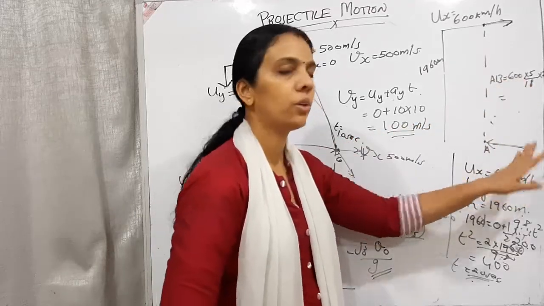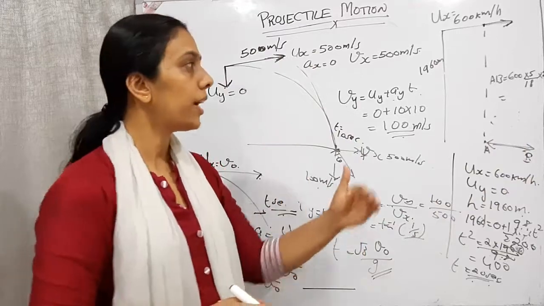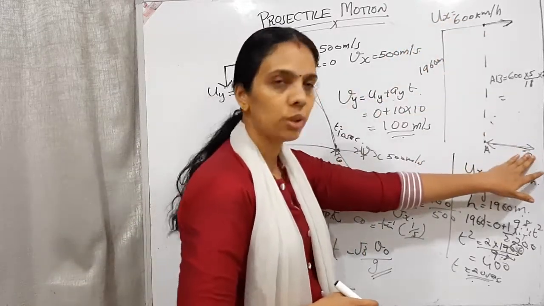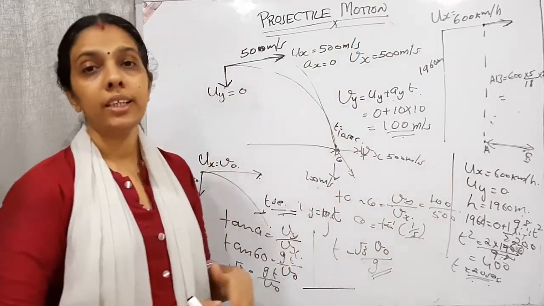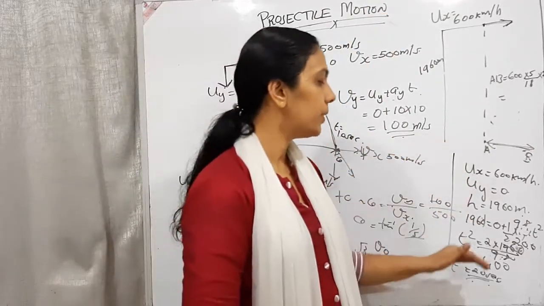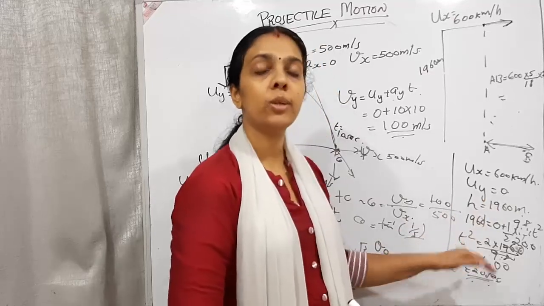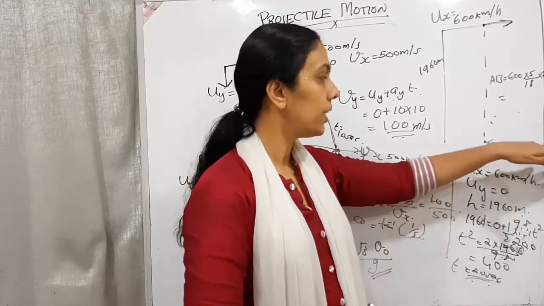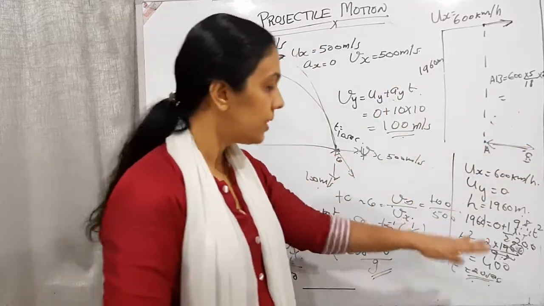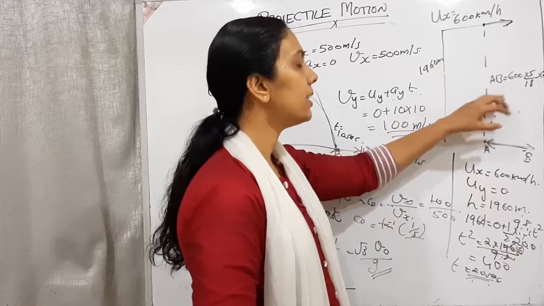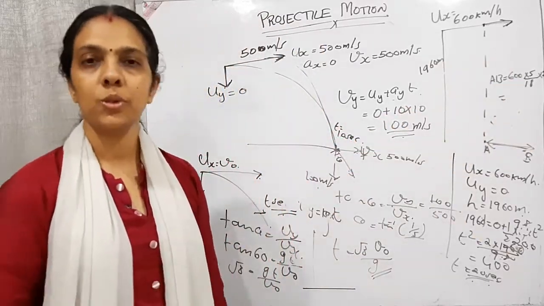Here we need to find out the horizontal distance. For that, first you need to find out at what time it will reach the point B. For that we require the vertical direction. The vertical height is given, so we can find out the time required to reach the vertical height. When it reaches the final point, what will be the time? First find out the time. During that time, what will be the horizontal distance which it is covering? That also we can find out.